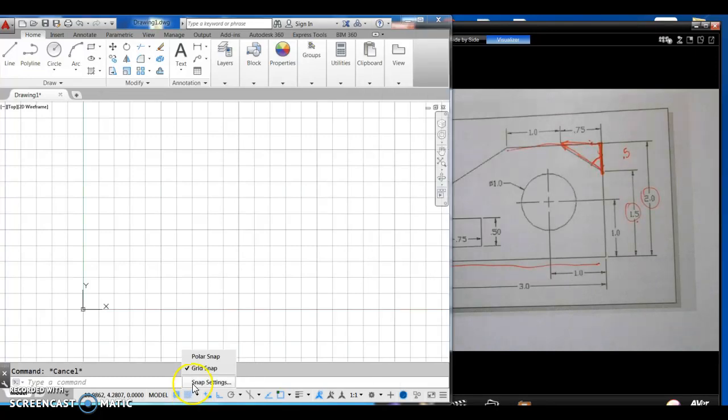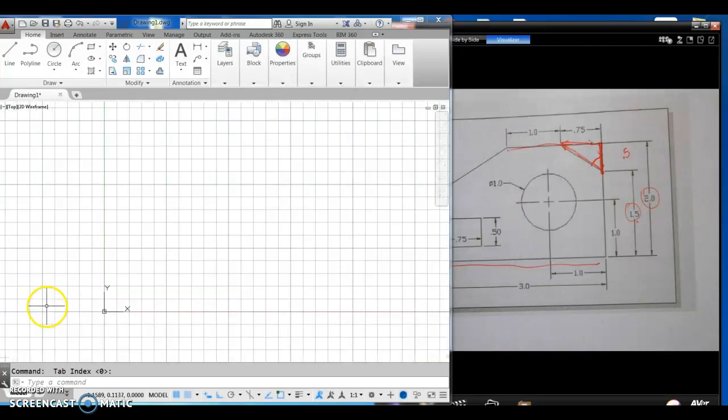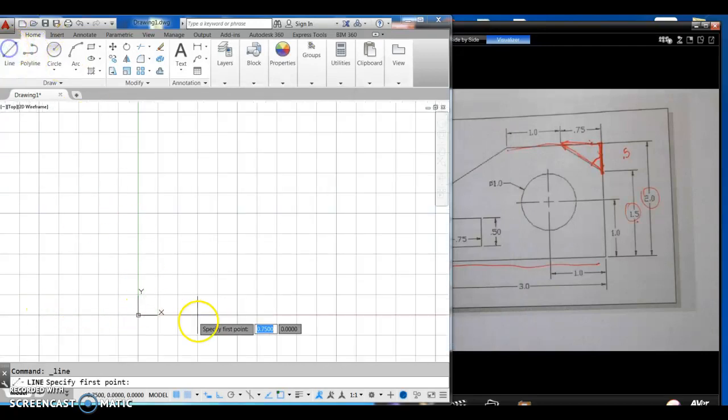So I'm going to right click, go to snap settings, change this to 0.25. And if you just hit the tab button, it's going to change the one on the bottom. Come over here, change this one to 0.25, hit tab, and then both of them are now changed. So I hit OK, and you can see that the grid just changed. And with all of the snap on the grid, the dynamic input, and the ortho on, you should be able to see your lines